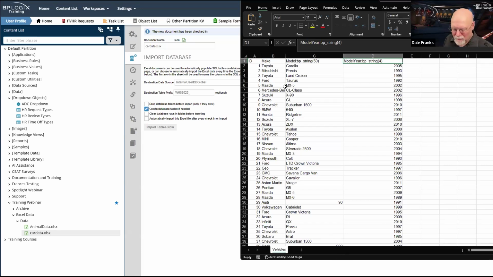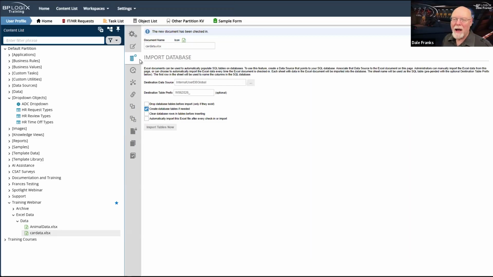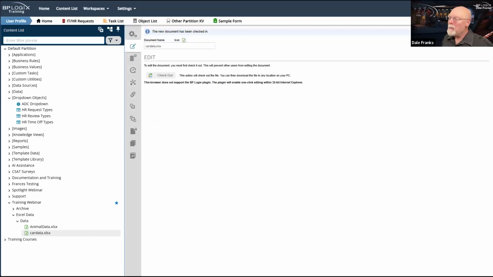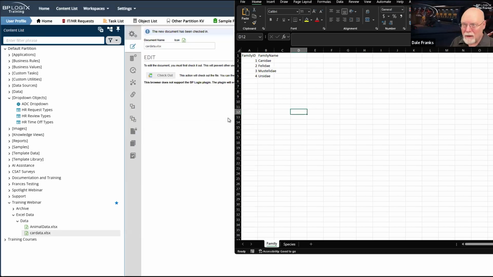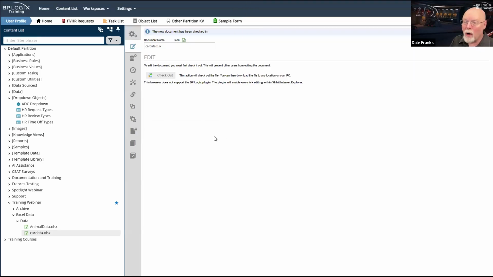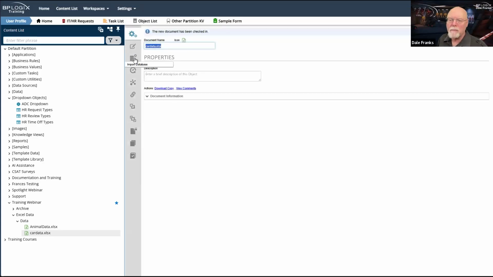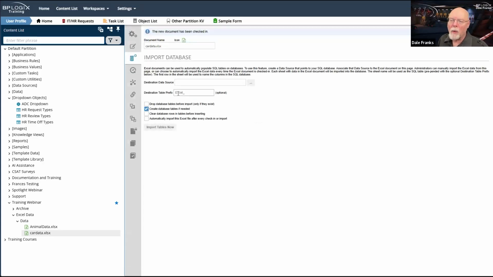And I will save this Excel spreadsheet and I will close it. And we'll go right back over here. Now, because I have the spreadsheet already open, I can go ahead and edit it. And then when I check out, all I have to do now that I've edited it and saved it is re-upload it real quick. So I can just upload the new version. So there, now we're happy.